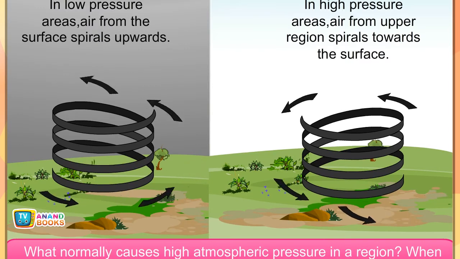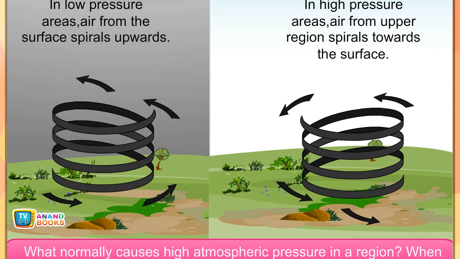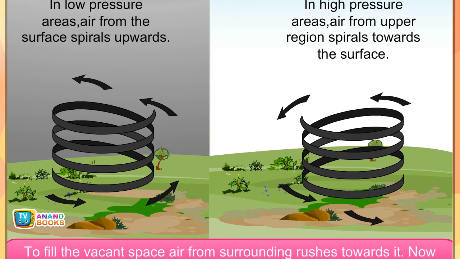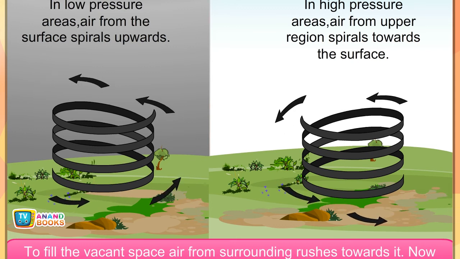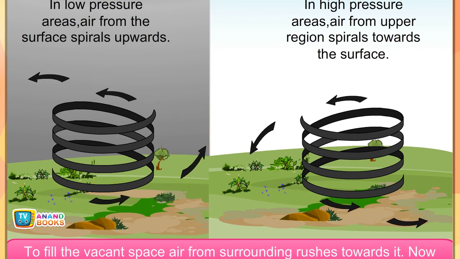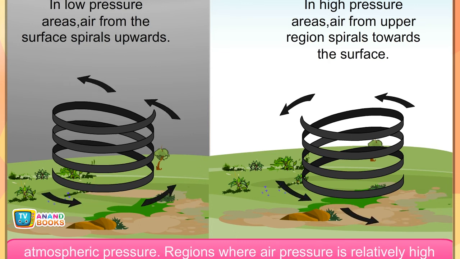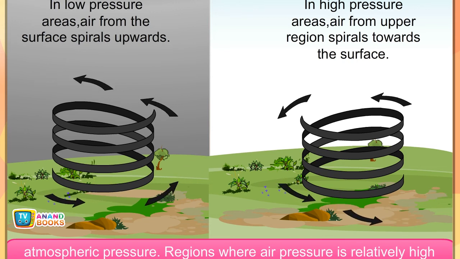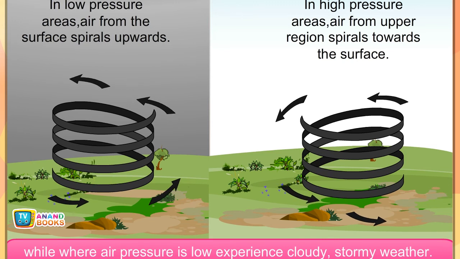What normally causes high atmospheric pressure in a region? When air cools, its molecules come closer, occupying less space. To fill the vacant space, air from surrounding rushes towards it. Now, at this particular place, more air is there. Thus, exerts high atmospheric pressure. Regions where air pressure is relatively high usually experience clear weather, while where air pressure is low experience cloudy, stormy